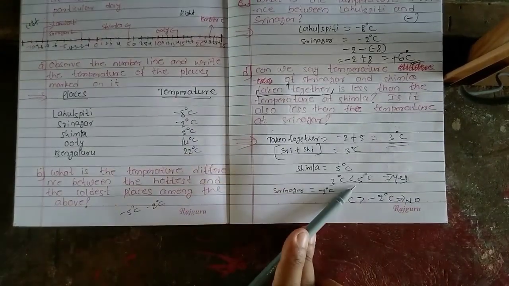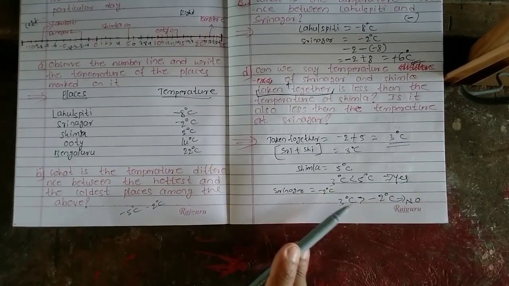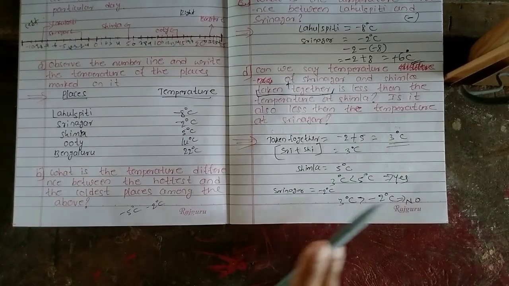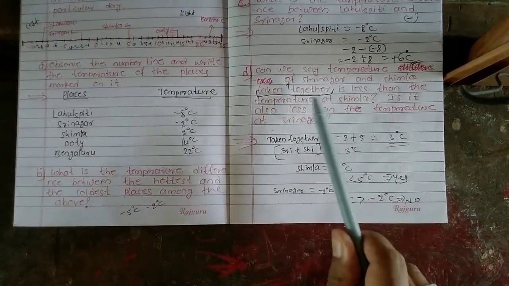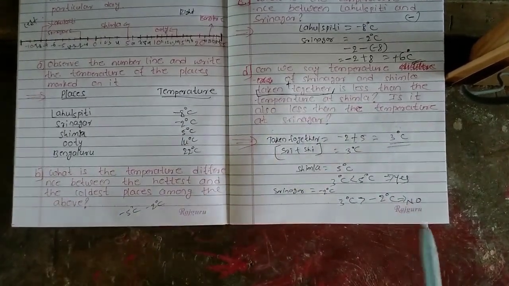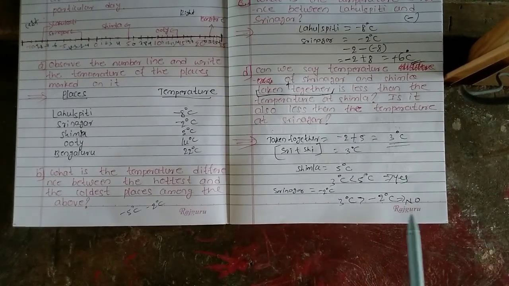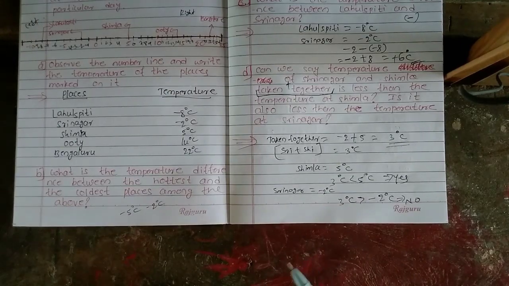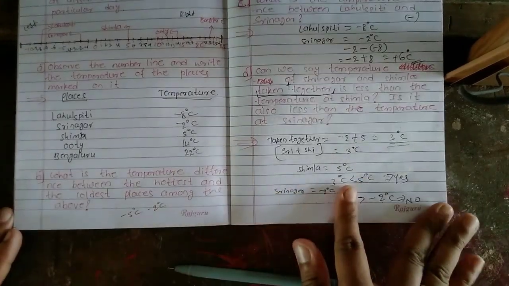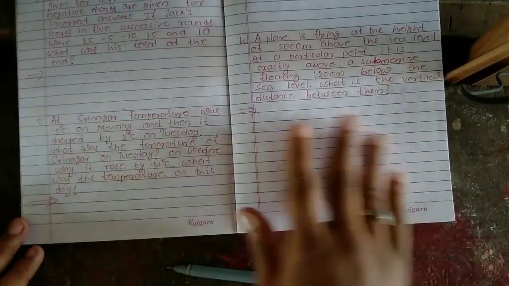It is not less here. It is more than the temperature. Yes, Srinagar is -2, but the taken together temperature is 3 degrees Celsius, which means it is greater than the Srinagar temperature. So no is our answer. Right? Yes. So in the next question,